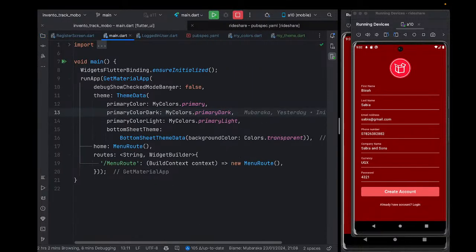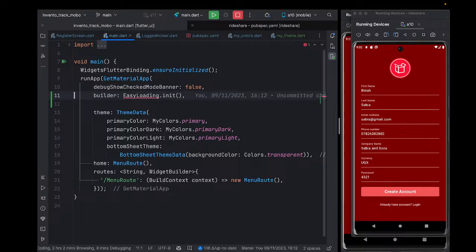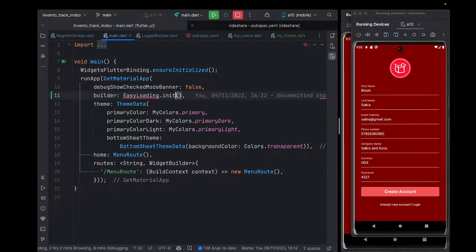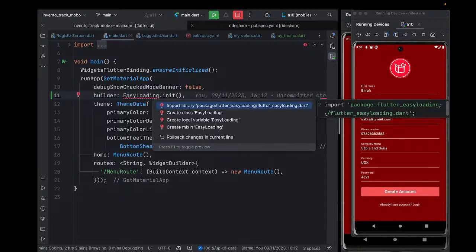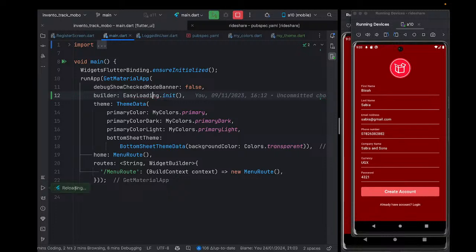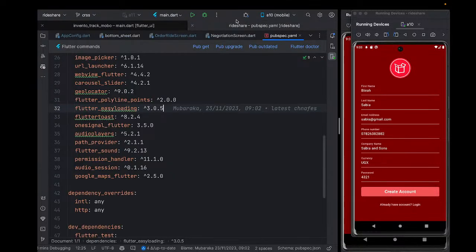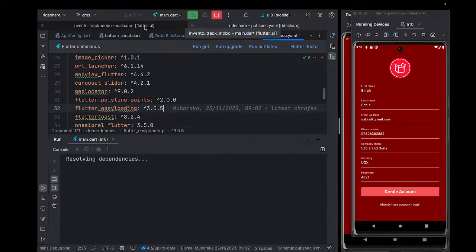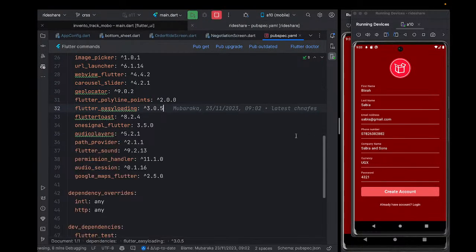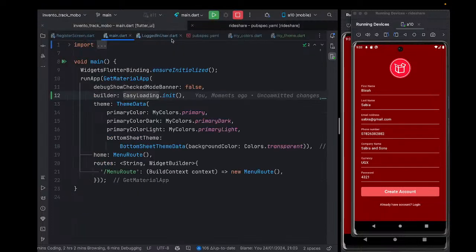I'm teaching you all the techniques. So here, come to the GetMaterialApp and add it there. Just add builder and then add EasyLoading.init on top of the material app. Then you stop your application and restart it. Rerun your application so it can be initialized. So after you've added that, oh my god, where am I? Okay, after you've done that,